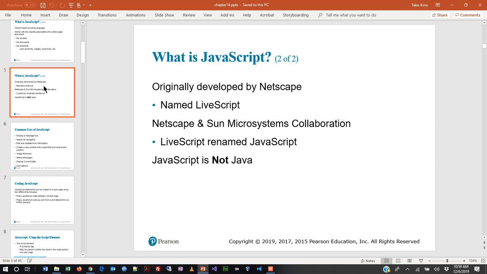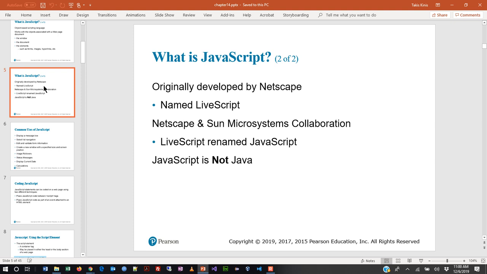So the original scripting language they came up with is called LiveScript. And for better or for worse, it was what it was, and people started coding for it. In the early 90s, there was really not a lot of development with that because a lot of people didn't understand really what it could do. But then Netscape collaborated with Sun Microsystems, and just to give you a trail here,